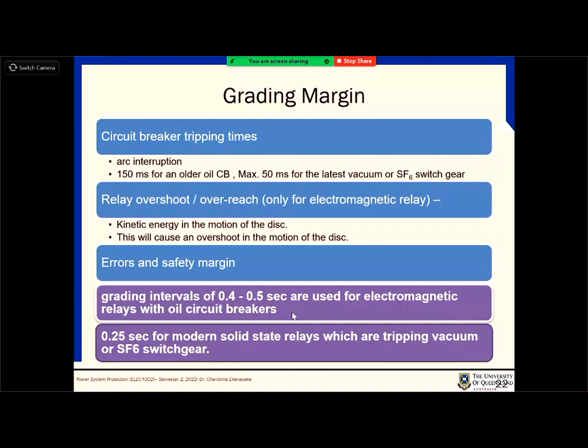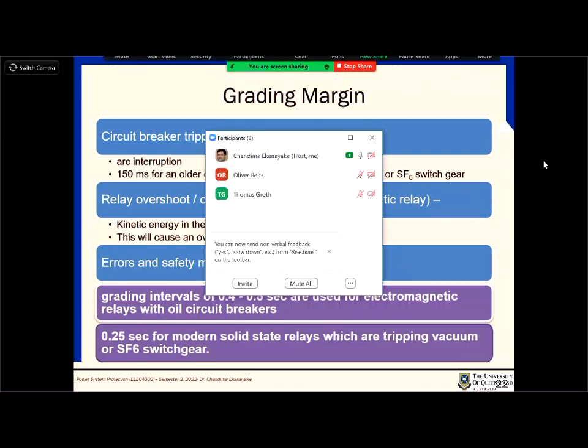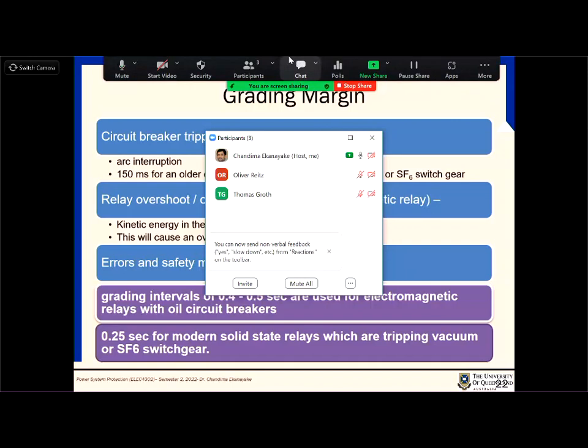So then, why don't we want to keep large grading margins? This is an advantage, so why don't we want to keep it? Anyone from Zoom? Why don't we want to have large grading margins or grading intervals? Because they're too large. Yeah, so that means you have to design your circuit in a way that it